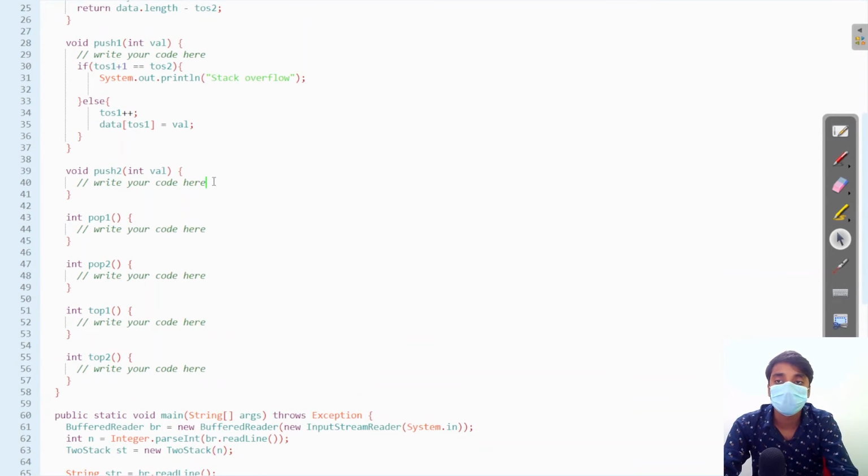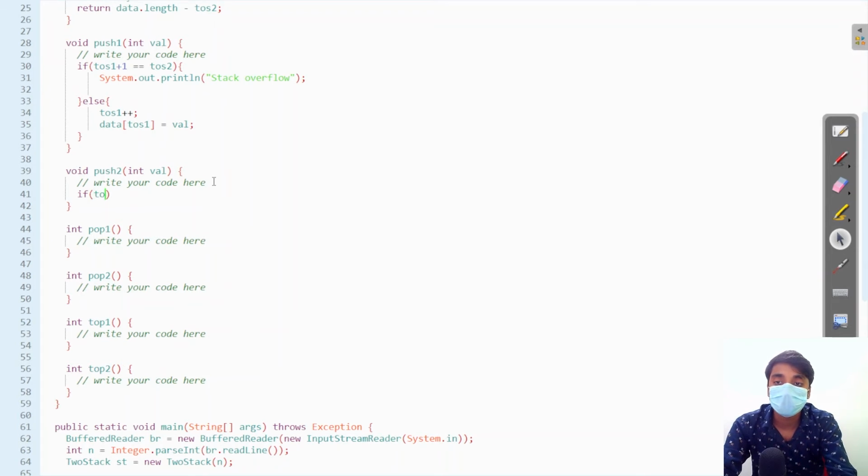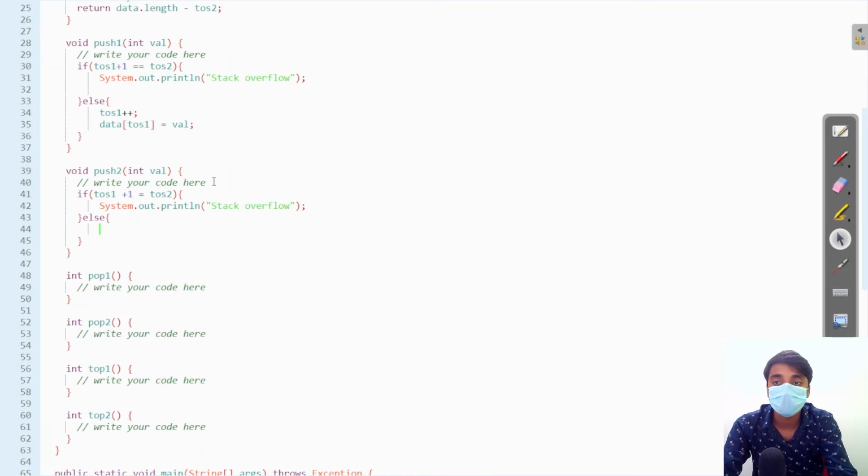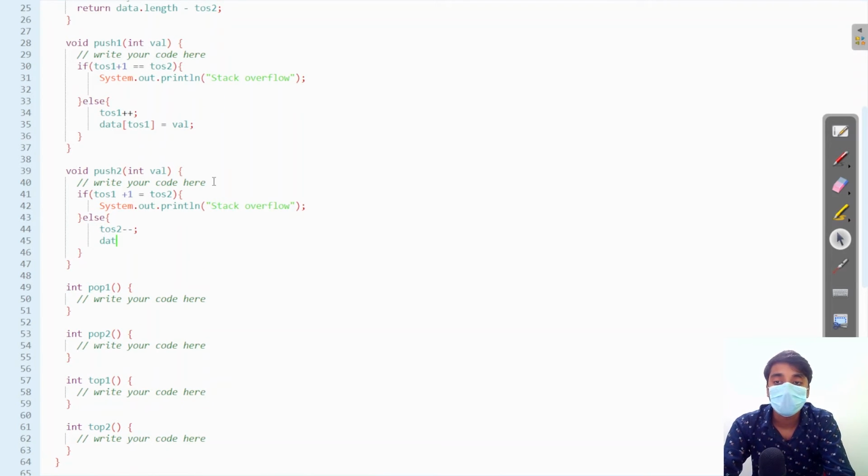Now in push2, if tos1 plus 1 is equal to tos2, this means our stack is overflow. Else we will decrease our tos2 by 1 and save the data at tos2, data[tos2] equal to val.